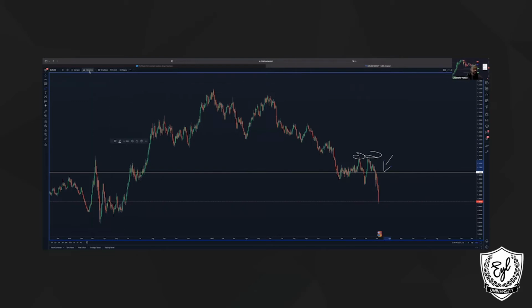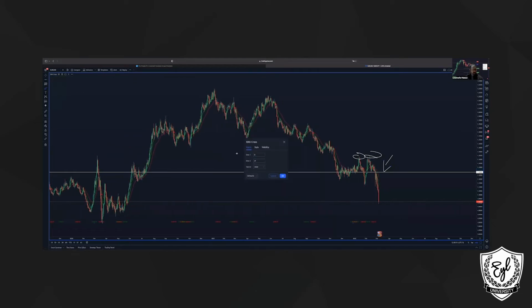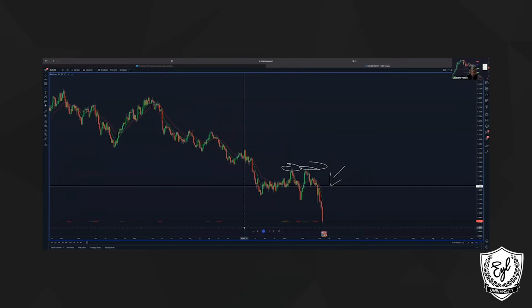But if you go into TradingView, I did share this indicator. It's called EMA cross by DMark. So you click on EMA cross. If you go to the settings, I have my 9 and 21, or you could put 8. What it does is that at the bottom, it shows you where price crossed. If it's red, we had a bear cross or a death cross. If it's green, we had a golden cross. So here we can see that at this given moment, there was a cross of the 9 and